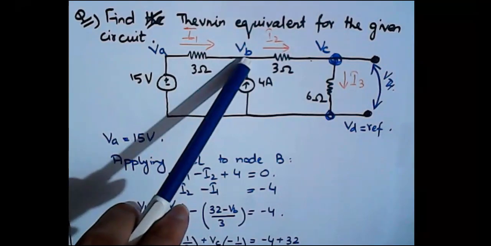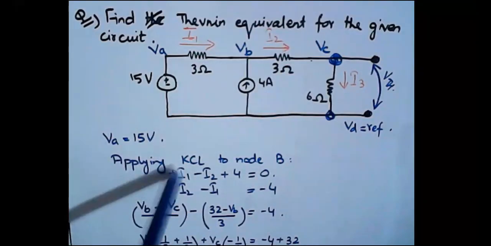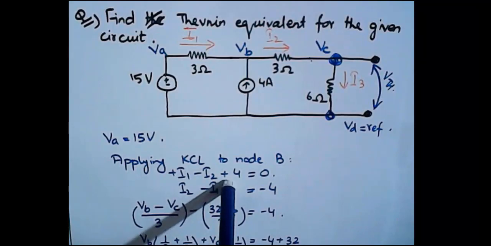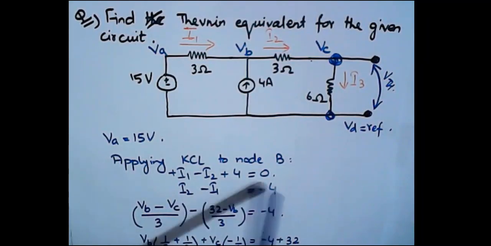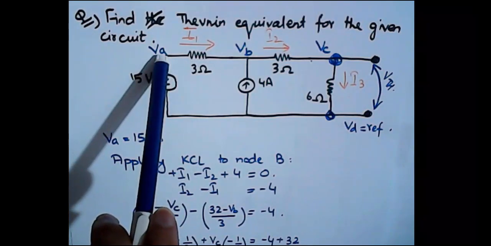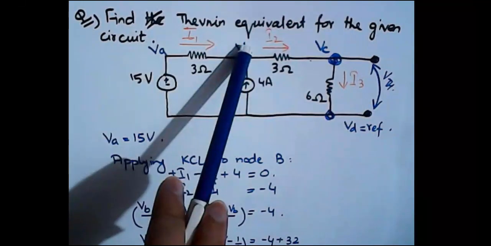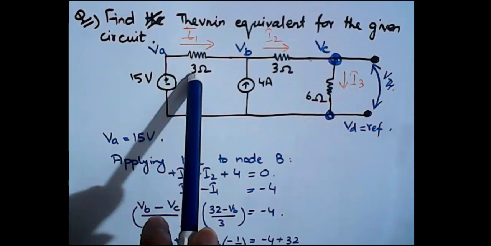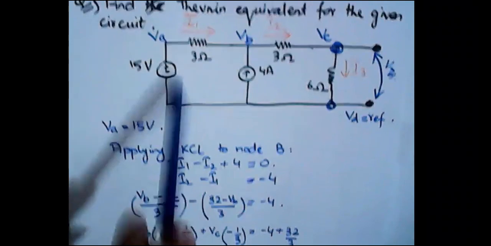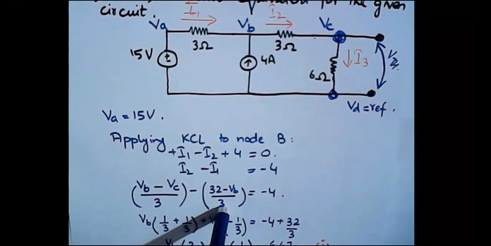If you notice node B, we can see that current I1 is entering, I2 is leaving, which means plus I1 minus I2. 4 ampere is also entering, so its direction will be positive. I1 minus I2 is equal to minus 4. I1 is leaving from terminal A or voltage VA and flowing towards voltage VB, which means it will be VA minus VB, that is delta V, divided by the resistance, which is 3 ohms, right? So 32 minus VB divided by 3,